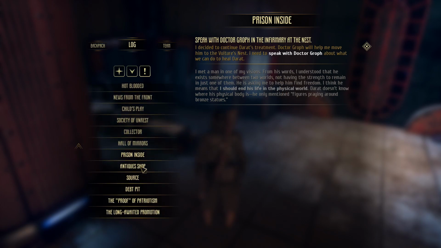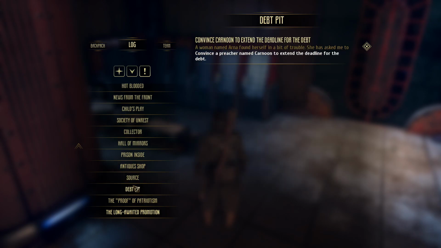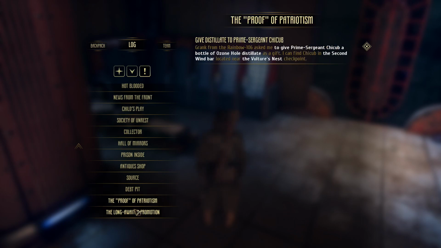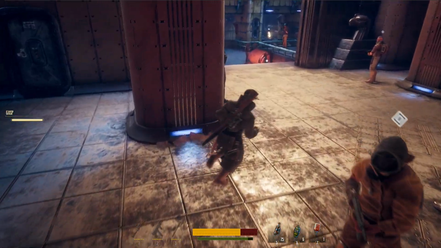But this is not about Dr. Redden. And there's some things with a thing over there. This is Antiques shop. Okay, source. That pit over here. The proof of patriotism, quote-unquote proof. Prime Sergeant Chikov. Oh, yeah, right, because that's just a booze. Go to cafeteria, to military base, tell Jakob good news. So we're going to the military base, and